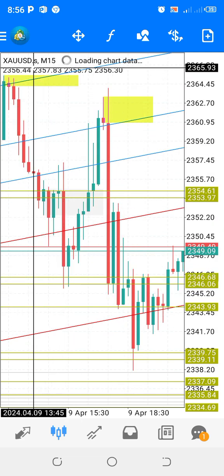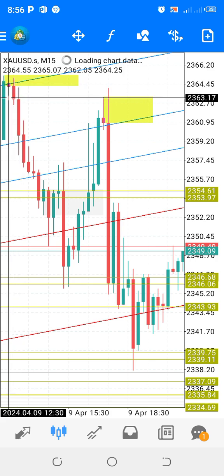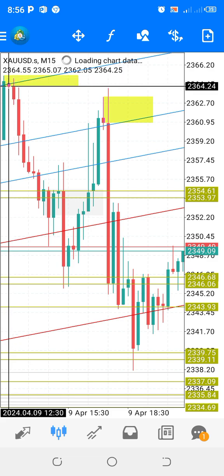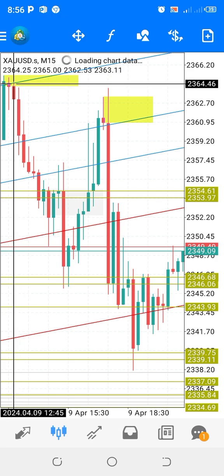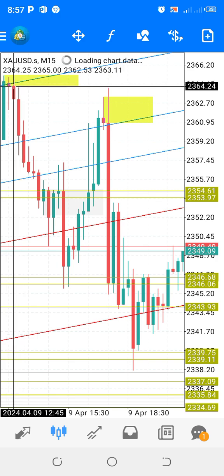Having the market made the full circle move for the BPO structure again. Remember, the full circle move for the BPO structure ranges from 2361 to 2364, because 2364, if you calculate it, gives you a complete additional 200 pips above the ISL of the previous correction R3 events. Now,